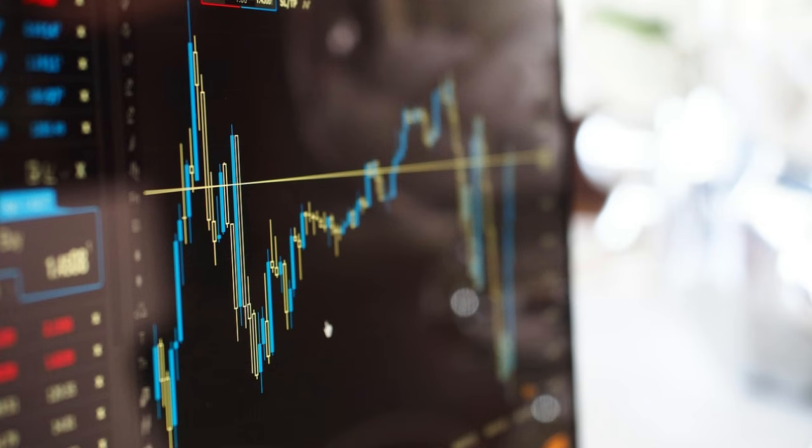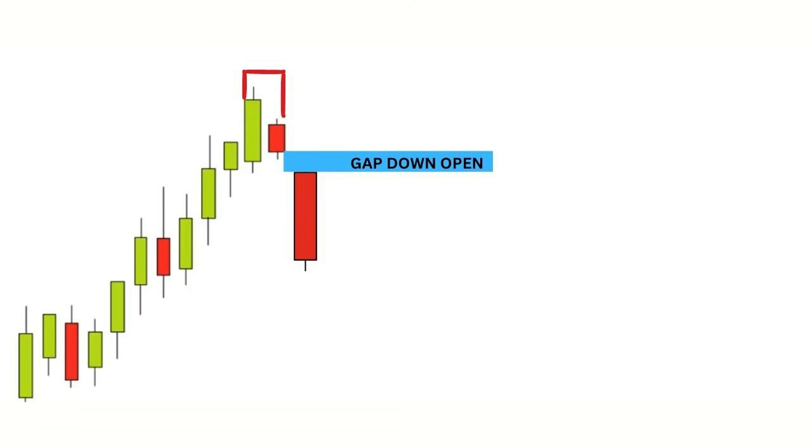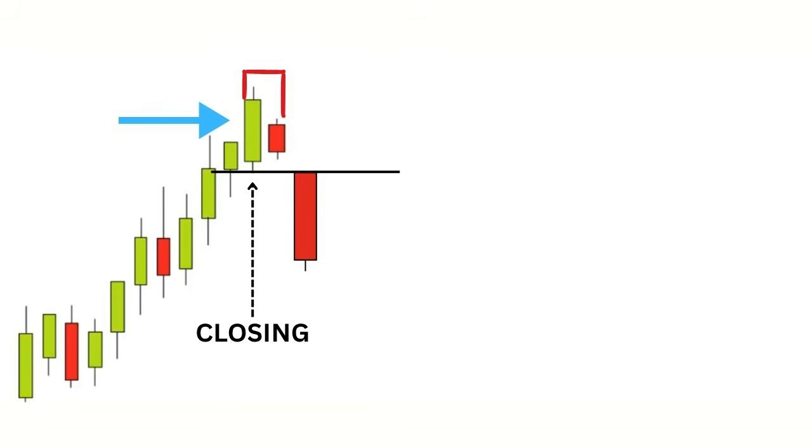So friends, now you must have understood how the bearish harami candlestick pattern is formed and what effect its formation has on the market. So now let me tell you how the bearish harami candlestick pattern works. Suppose the bearish harami candlestick pattern was formed in the chart yesterday and the new candle of today opens with a gap down, meaning it opens with a good decline, then you should sell in the market, or the price should not close below the low of the first candle of the pattern. Until then, you should not sell in the market.